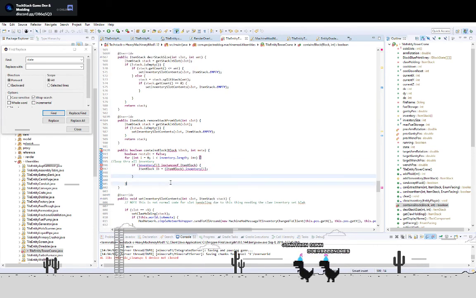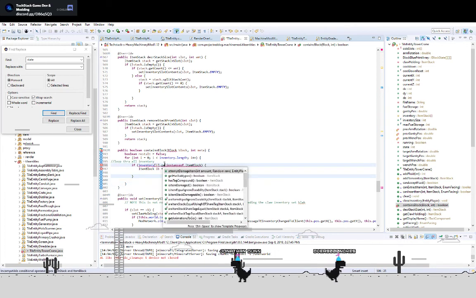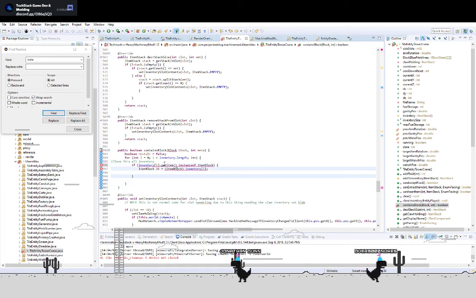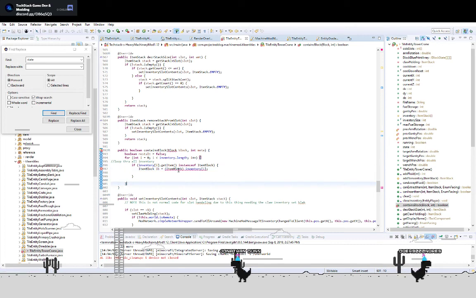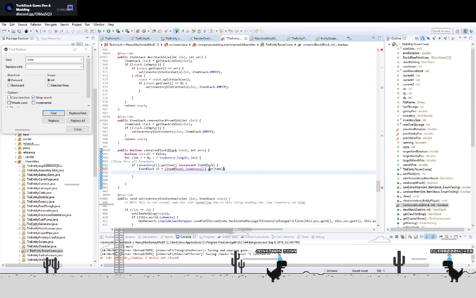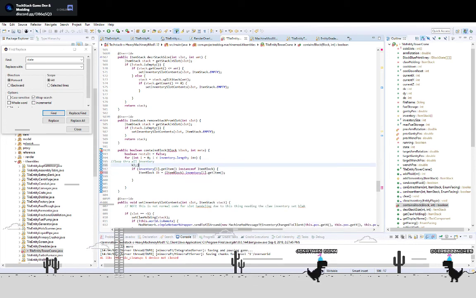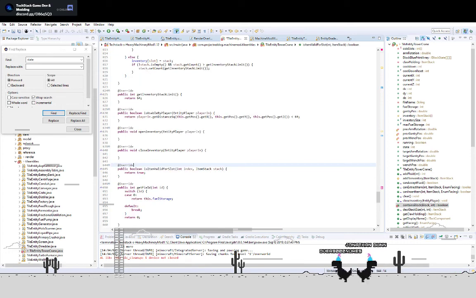Why does it not like that? And I guess we need to say if it's null first, otherwise we'll get all sorts of error messages. If inventory i is not equal to null,